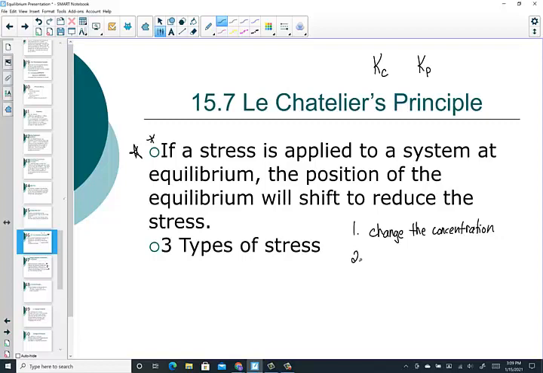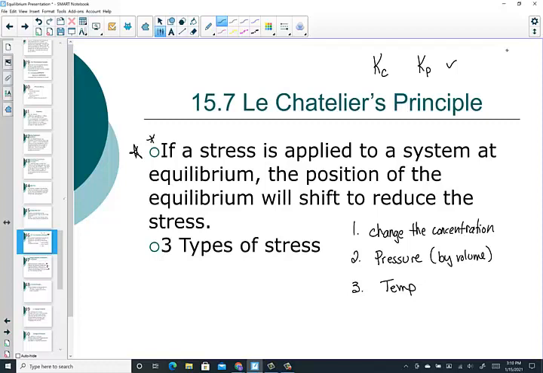There is the second type of stress, and that is to change the pressure of a gaseous system, and we do that by changing volume. And we'll look at that specifically. And the third stress we'll talk about in this lesson is changing the temperature. We know that equilibrium constants are temperature dependent, so not only would it shift the equilibrium, it would change the